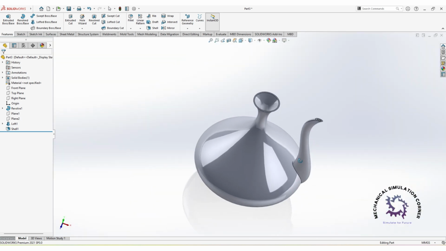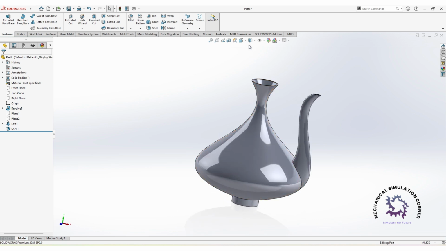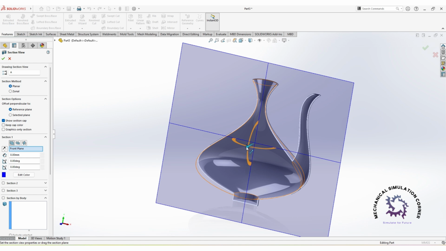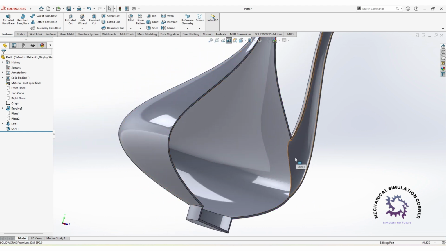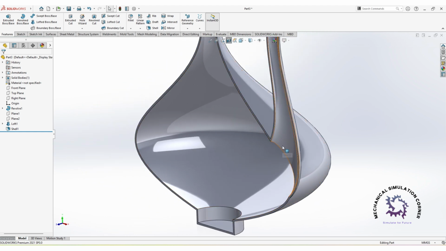Now you can see, let me see the cross-sectional view. Okay, you can see here